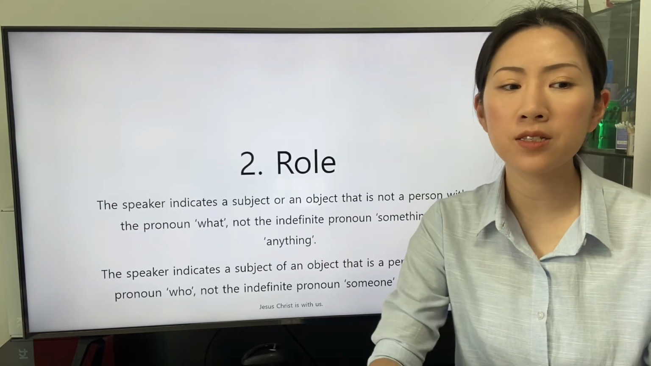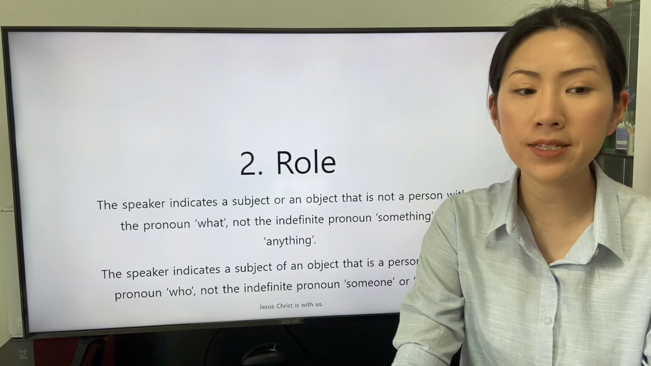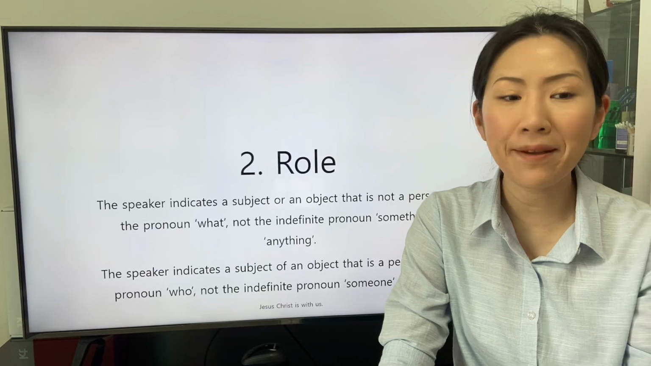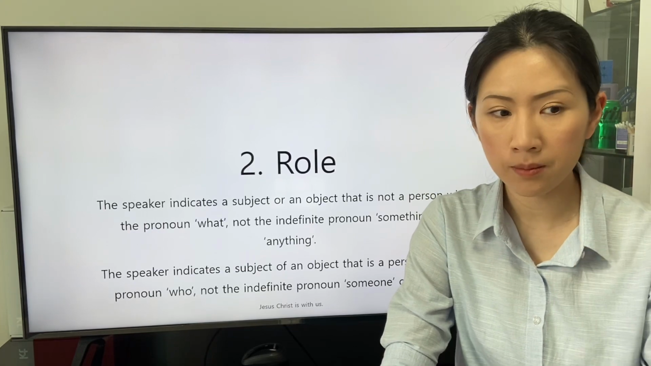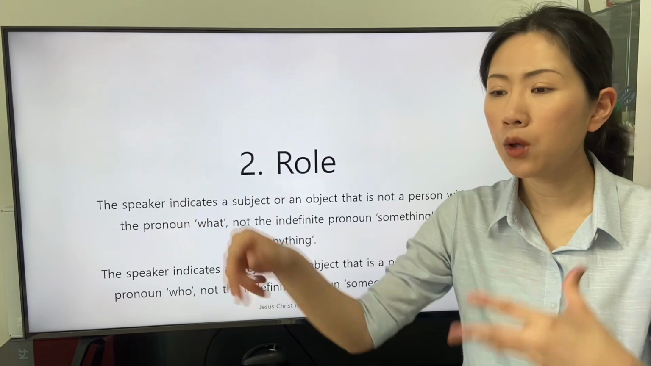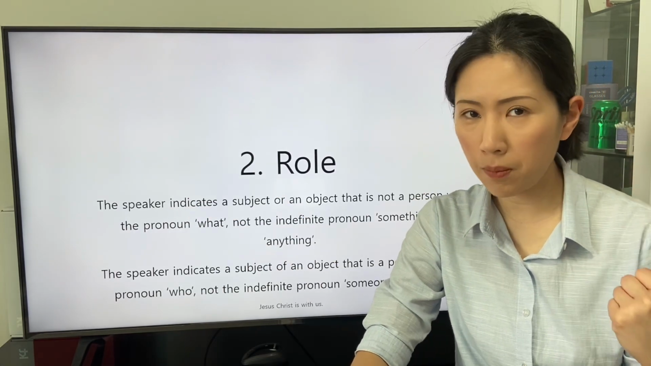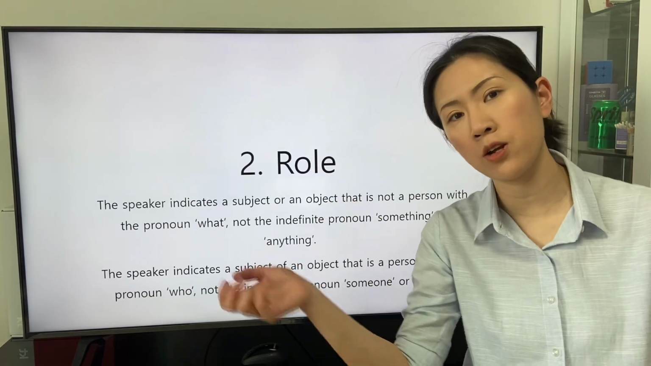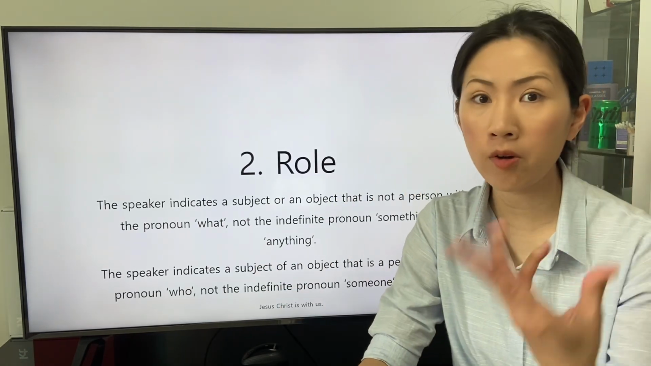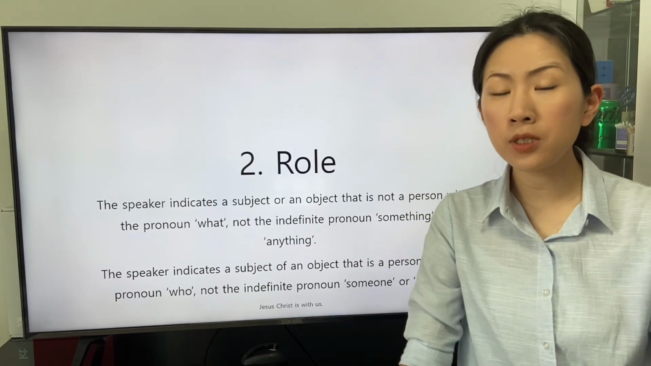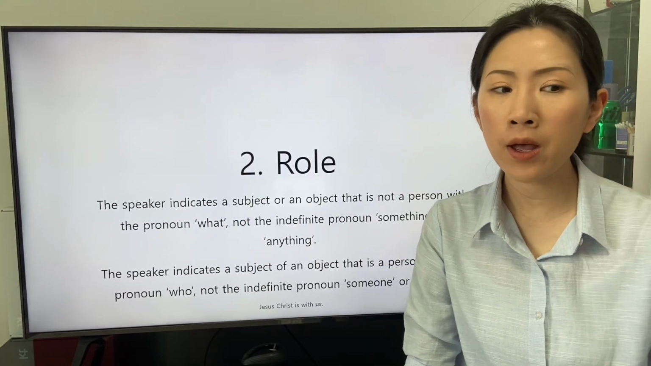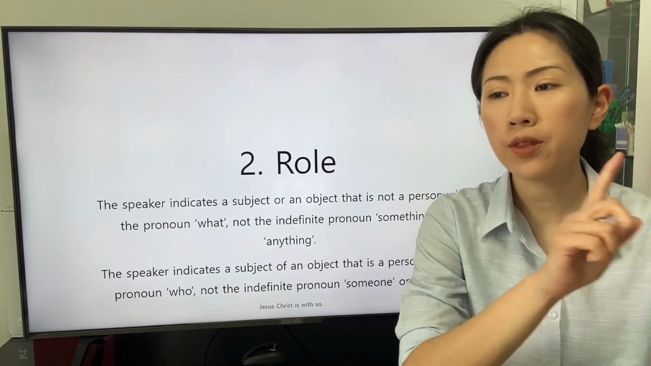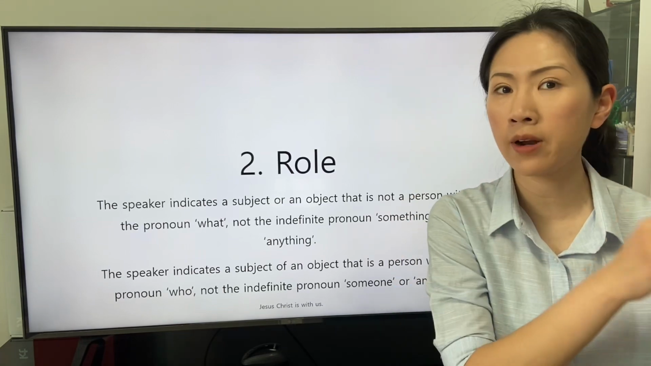The speaker indicates a subject or an object that is not a person with the pronoun what, not the indefinite pronoun something or anything. From now on, we will study the necessity of a subordinate clause with the subordinating conjunction as a pronoun. For example, the pronoun what is introduced. The indefinite pronoun something or anything,